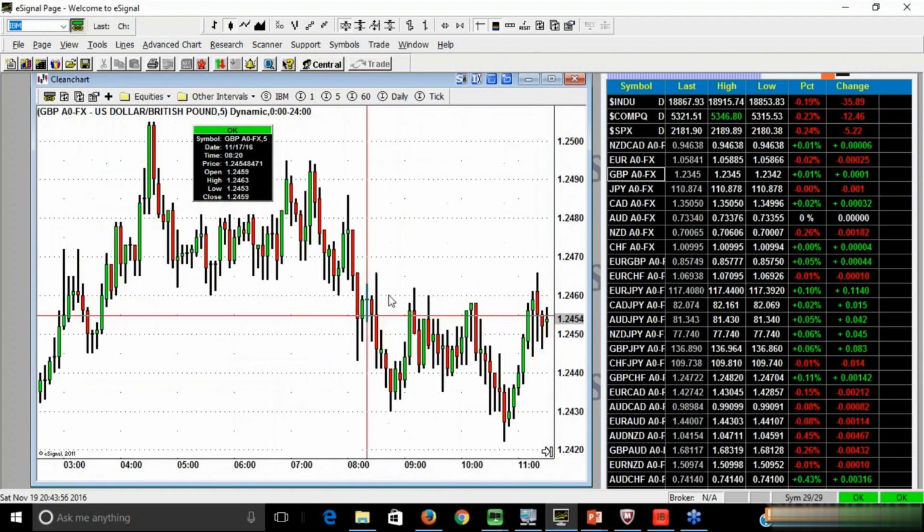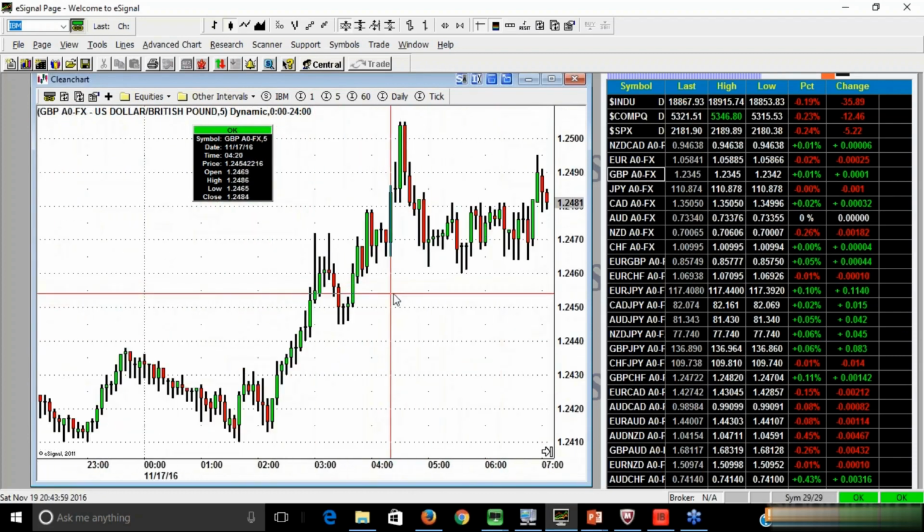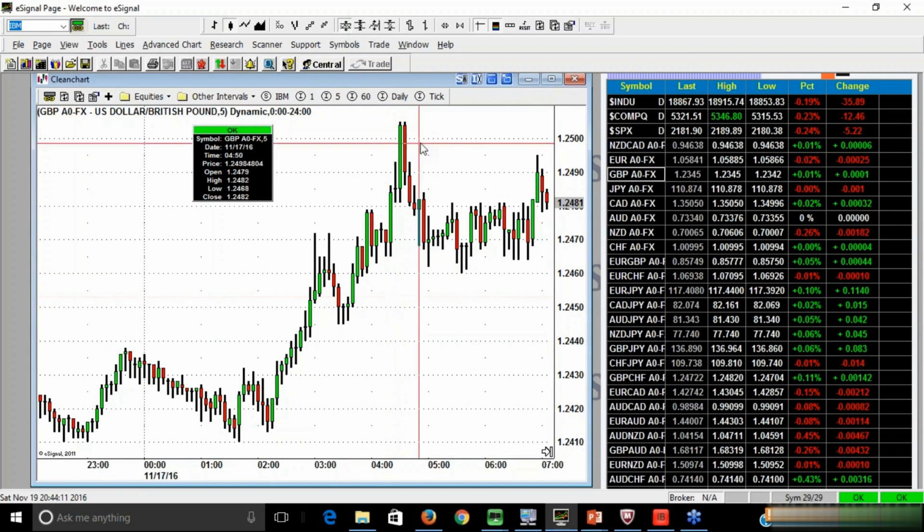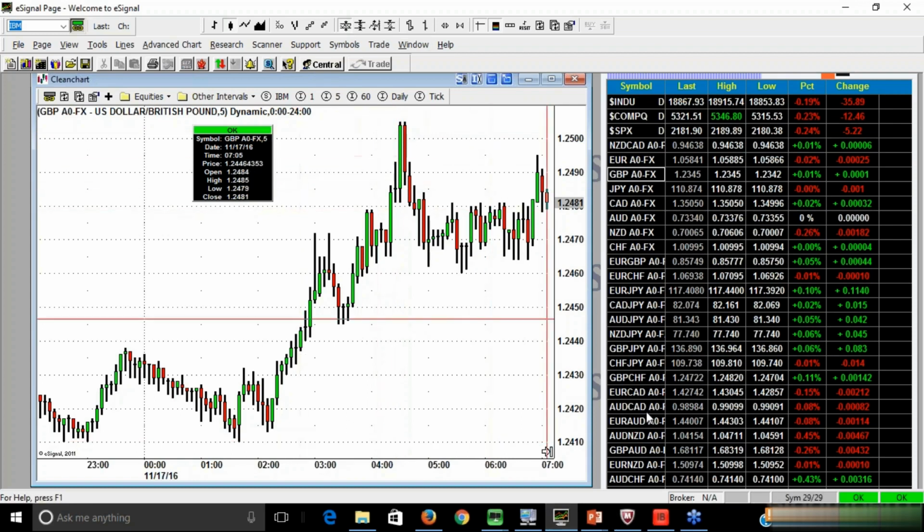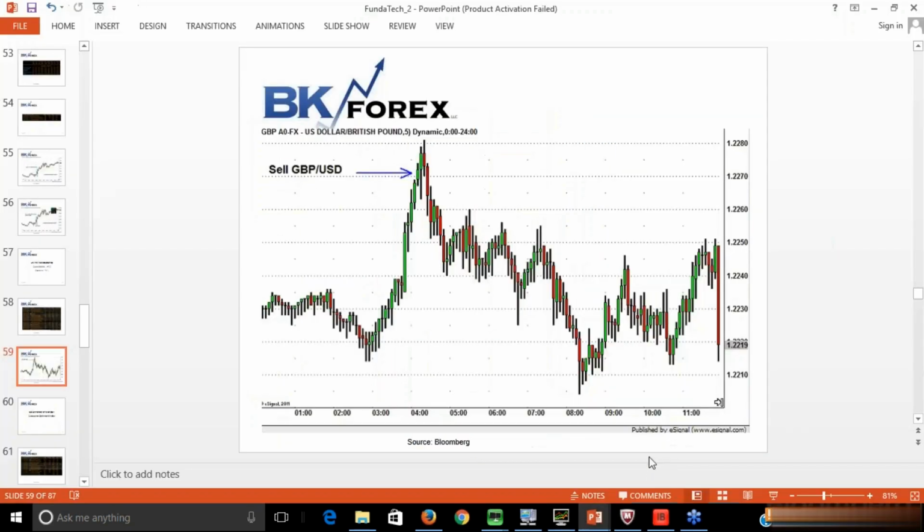data comes out at 4:30. Right here. So we enter 20 minutes before, 5, 10, 15, 20. We enter right here, right around 124.65. And, you know, our profit target was hit right before the data was released. And then 65, our second profit target may or may not have been hit because the actual high was 0.5. But you can see how we were right in the data and how the currency pair moved.